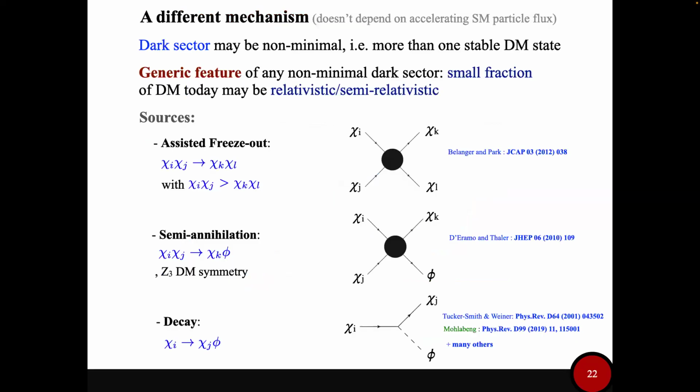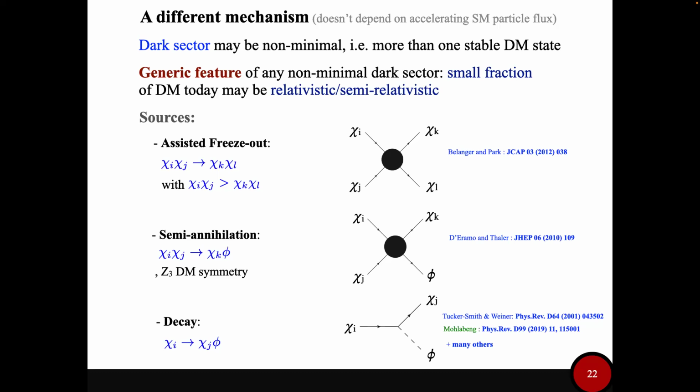Okay, so a different mechanism, which is something that I'm working on, doesn't really depend on a lot of the stuff you mentioned, which really depends on some accelerating mechanism. I first have to have a cosmic ray, and it interacts with the dark matter. Then I have some acceleration. Or I first have to have a neutrino that interacts with the dark matter, and I have acceleration. All those depend on those things, but if I thought outside the box a little bit